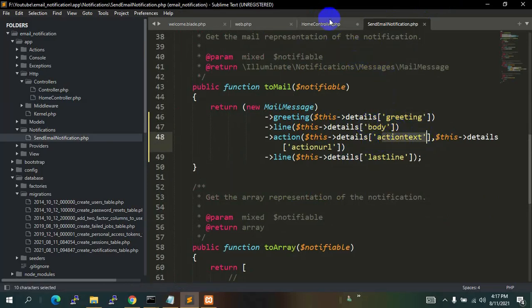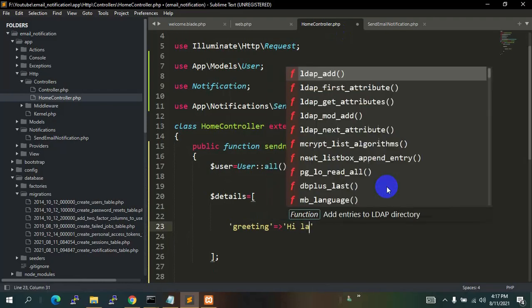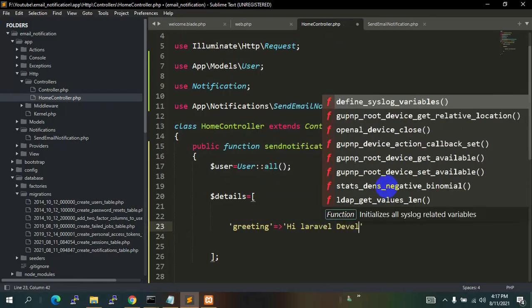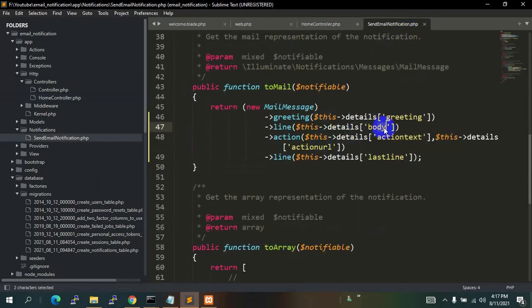So first of all inside this we'll say greetings, then this equal arrow sign. We'll say hi Laravel developer, then we'll give a comma, and after this we have the body, action text, action URL, and last line, right?